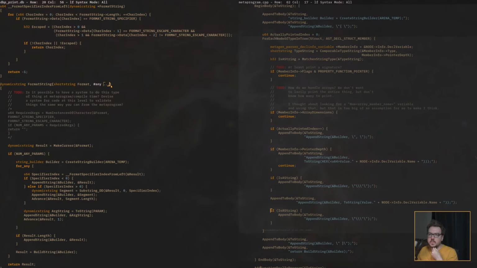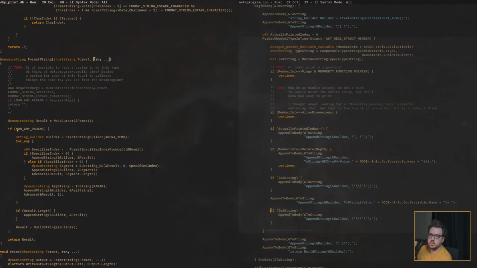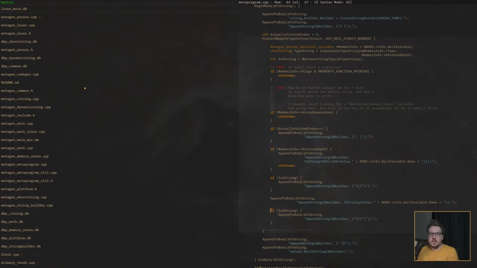This ellipses is for variable numbers of arguments, so as long as it's your last parameter, you can have varargs, and you can access them through this for any keyword. You can loop through them and do all sorts of stuff. So yeah, we're having a good time over here.